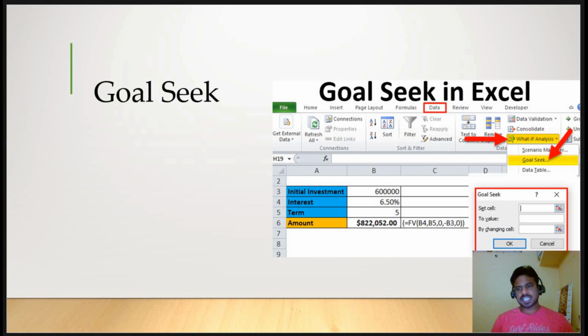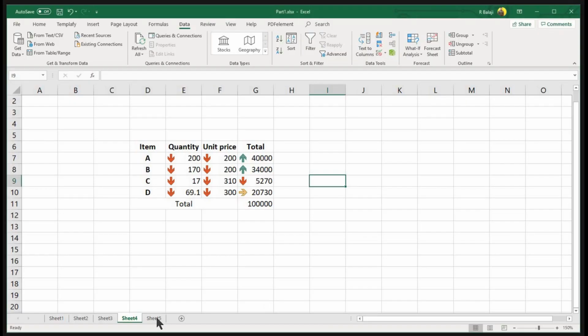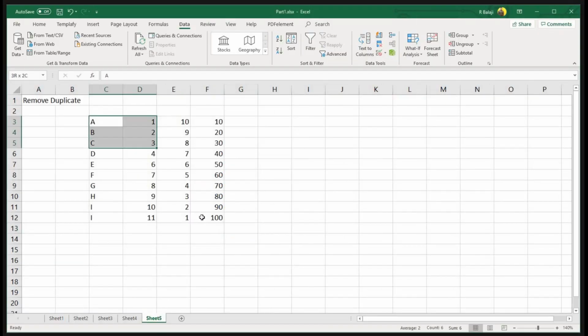And today's final trick, fifth trick. Wow, remove duplicates. Most of us would have come across this. Anyhow, let me explain. I've taken some columns with numbers. These are very unique, so I'm changing it. 6, 4, 4, and E. Okay, I'm selecting all those.